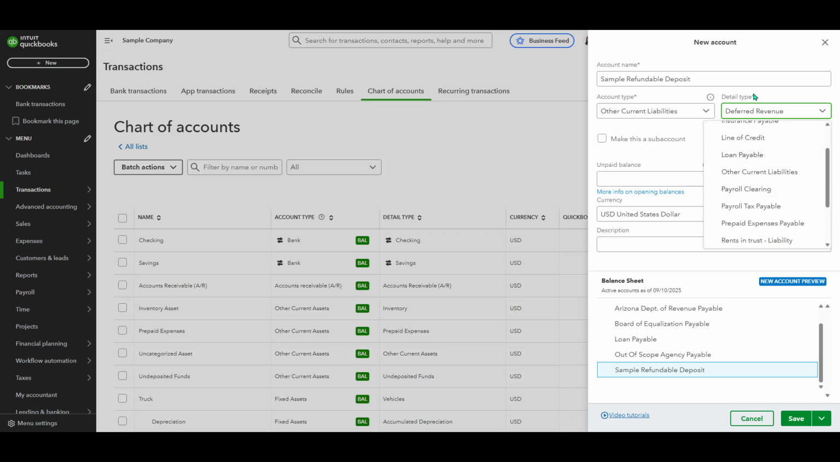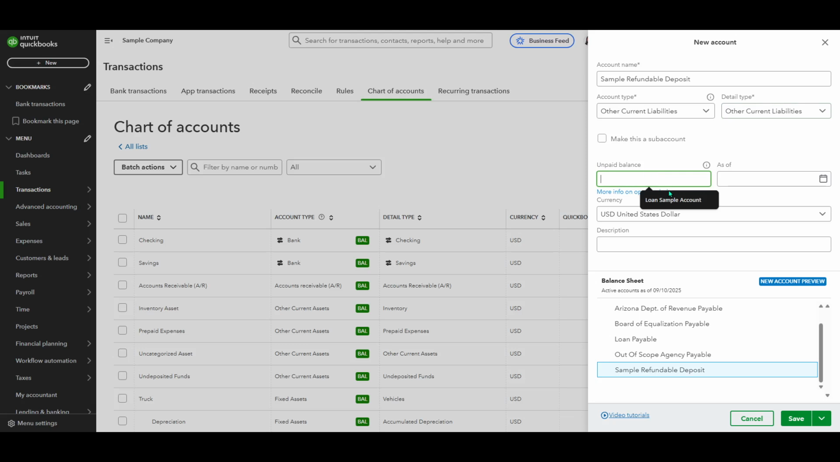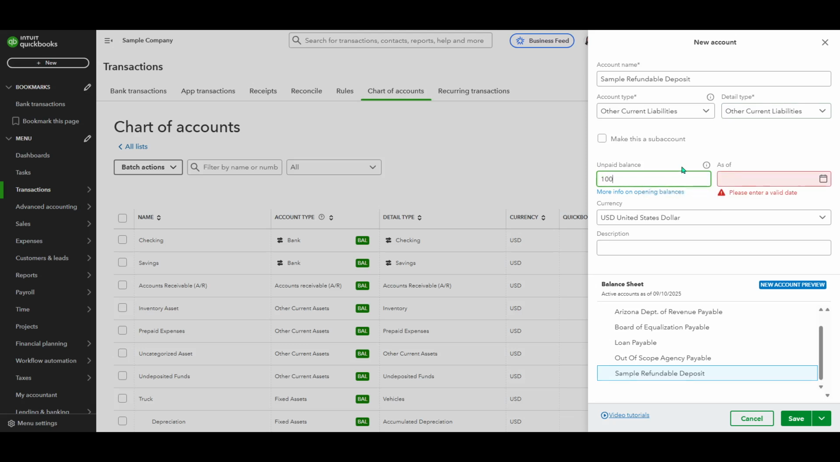Next, you'll need to pick a detail type that best fits the nature of the refundable deposits your business handles. QuickBooks offers a range of options, so choose the one that aligns with your business needs. Once you've filled in all the details, click Save, and just like that, you've set up an account for your